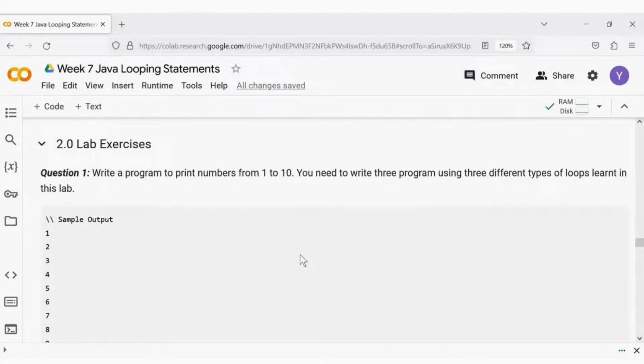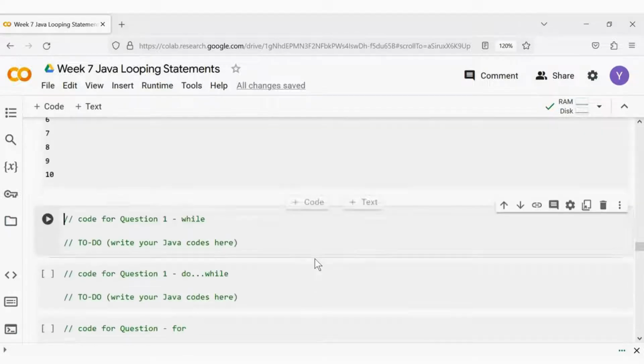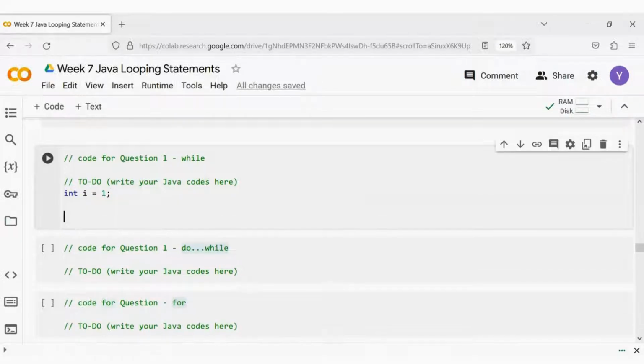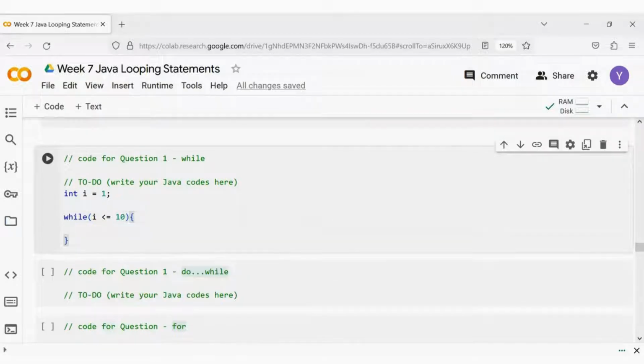Question 1. Write a program to print numbers from 1 to 10. You need to write 3 programs using 3 different types of loops learned in this lab. For the while loop, we first need to start with an integer as the counter. So int i is equal to 1 because we want to start with 1, while i is less than or equal to 10. Open and close brace. We are going to print i,